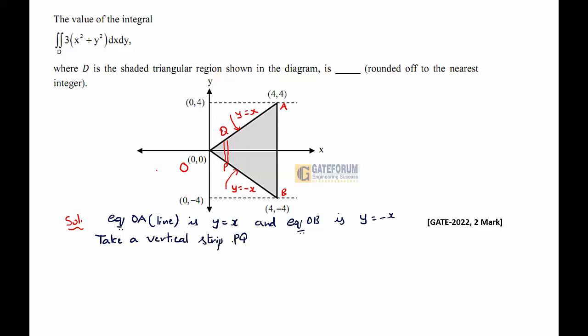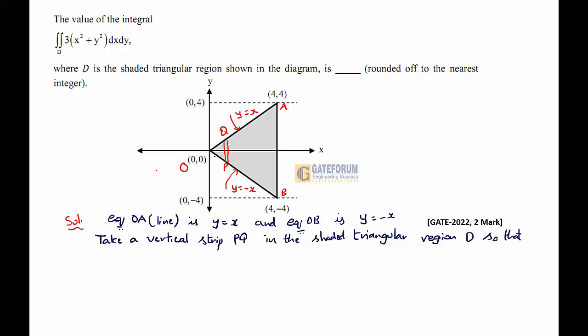PQ in the shaded triangular region D. This shaded part is denoted by D. Okay. And OAB is the triangle. So that